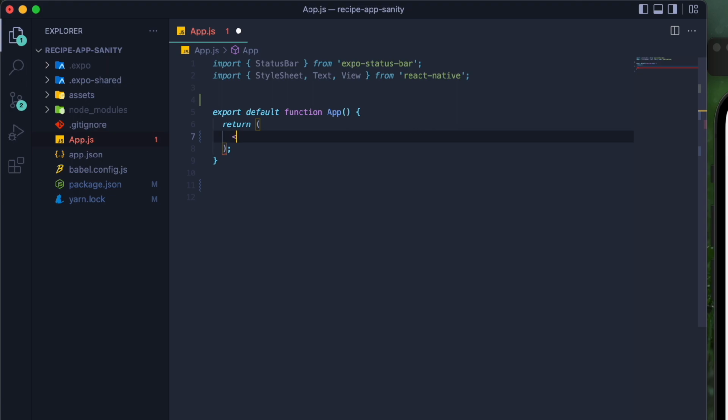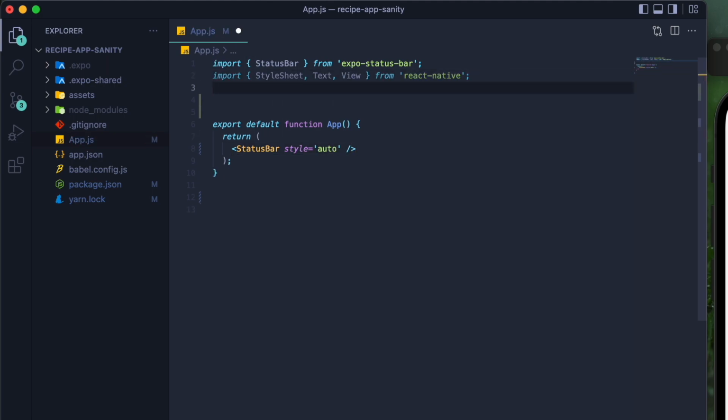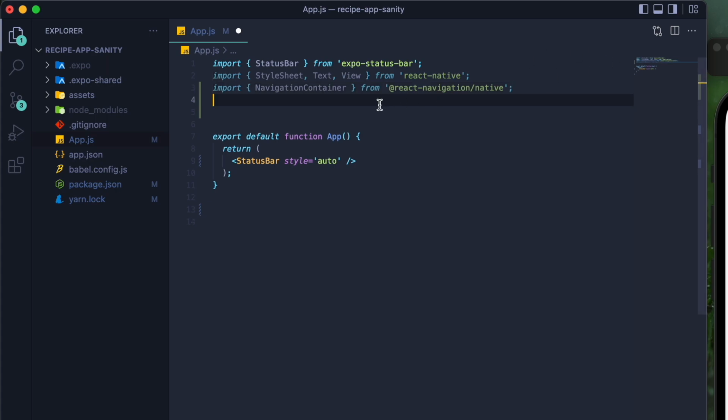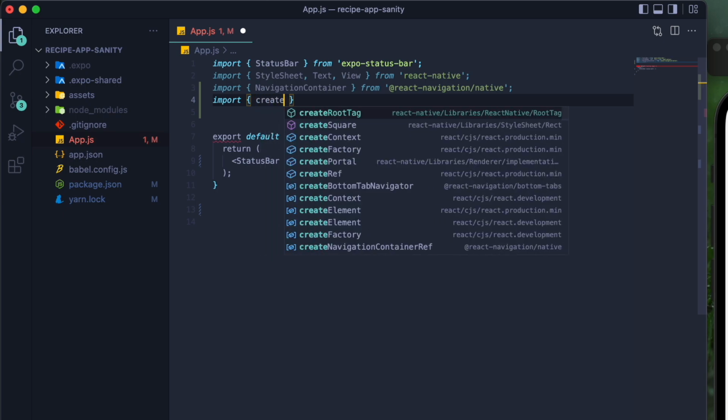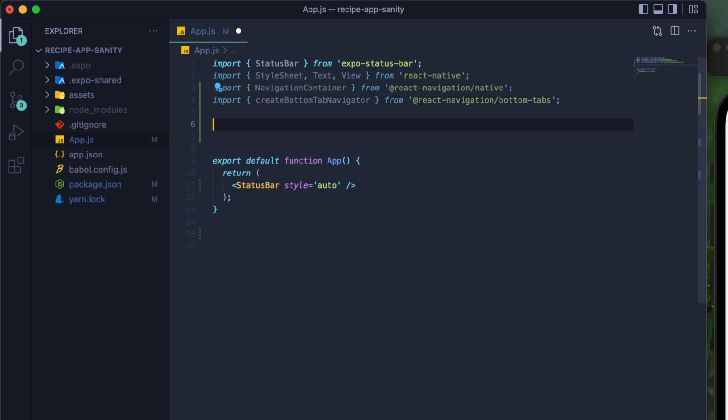Just put the status bar style equal to auto. Yeah, cool. So now first of all, we have to import the things which will let us make the bottom tab navigator. So first of all, we have to make the navigation container. So navigation container, we have to import it from react navigation /native, and then import create bottom tab navigator from react navigation slash bottom tabs, and then we have to make a tab variable. So const tab is equal to create bottom tab navigator,